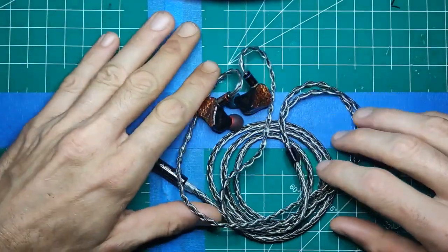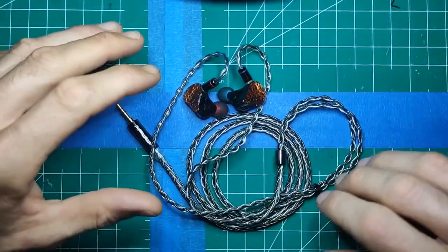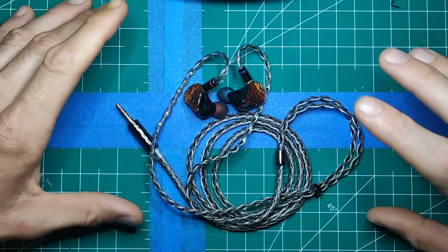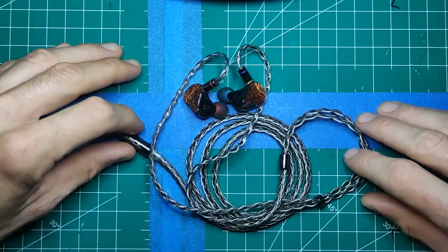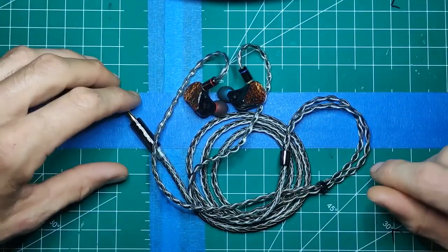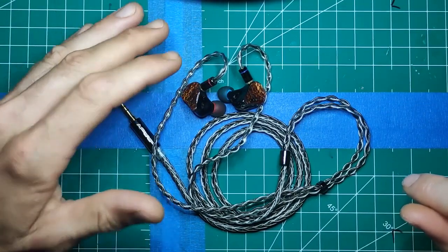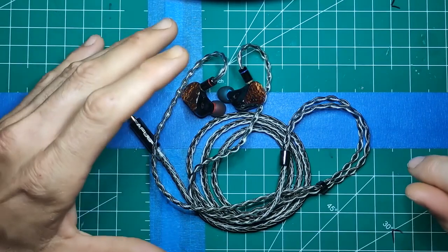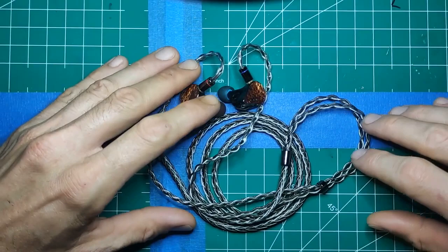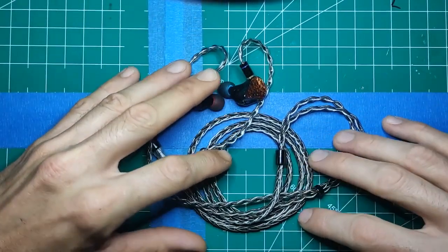Just wanted to do a review of the AFUL Performer 5. These were very kindly sent to me by HIFIGO.com. HIFIGO is the sole retailer for the Performer 5. A little bit about AFUL. The company is a Chinese domestic brand. They have a few years of IEM making experience, but this is their first international release abroad, and it is